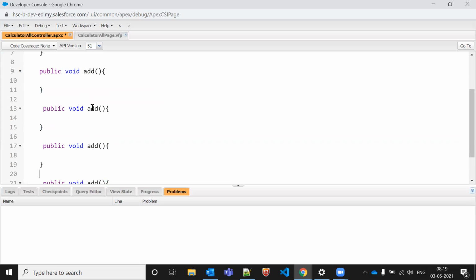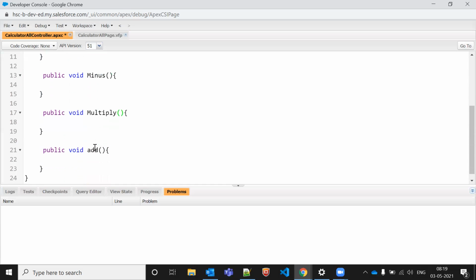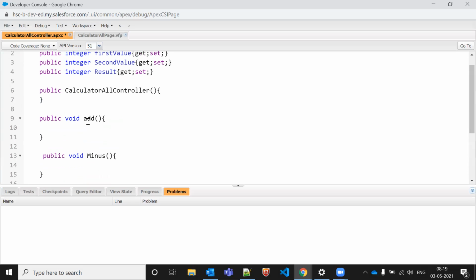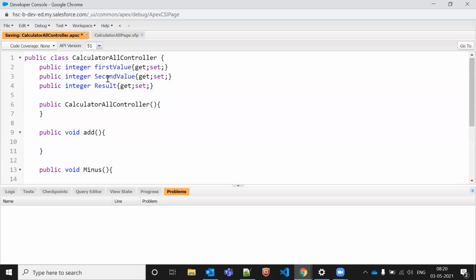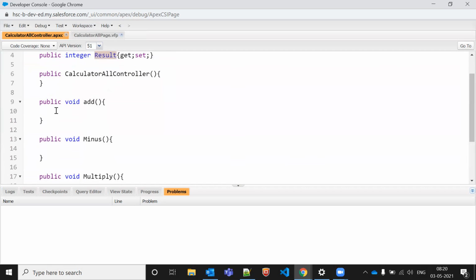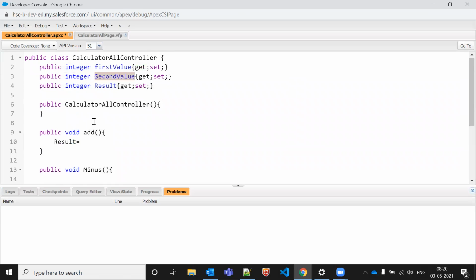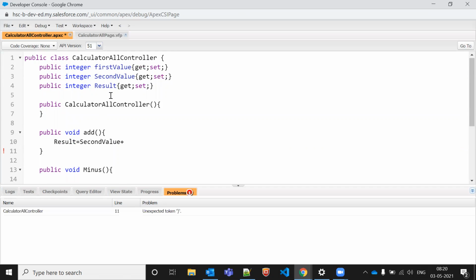Okay, here it should be minus, here it should be multiply, it should be divide. Okay, so now inside this, if we have a functionality like this, what should happen? If I'm passing, it should be result equal to first value plus second value.